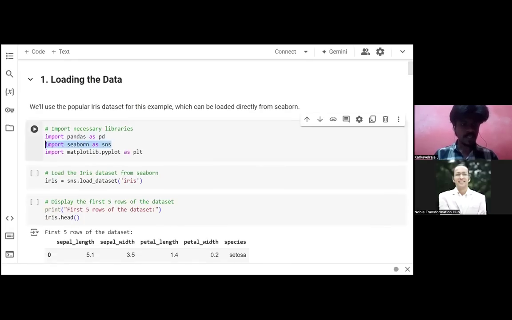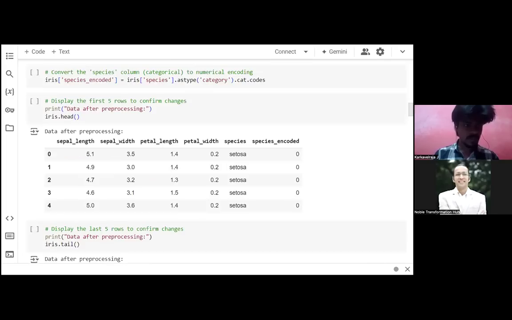You guys see here, we imported seaborn as sns, and this also requires pyplot: import matplotlib.pyplot as plt. Whenever I need matplotlib, I will go for plt, whereas when I need Seaborn, I will go for sns. Okay, you guys just go down.